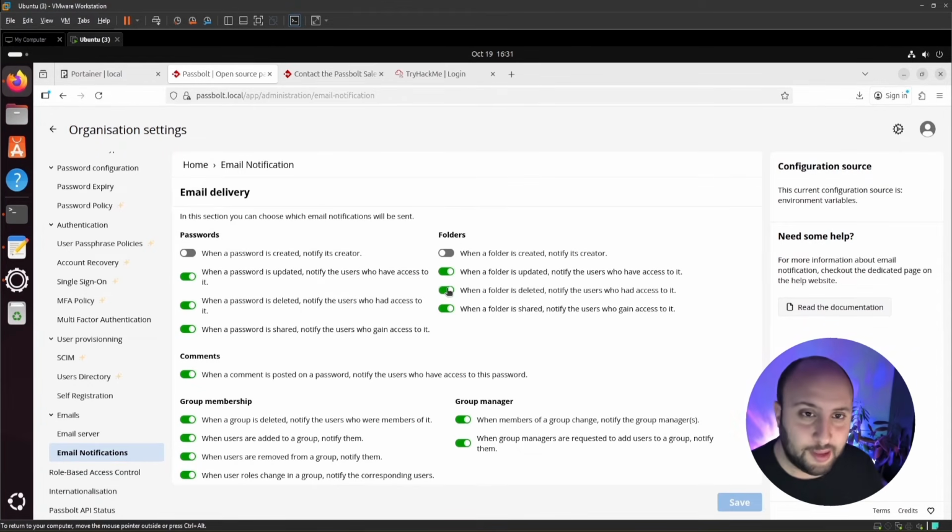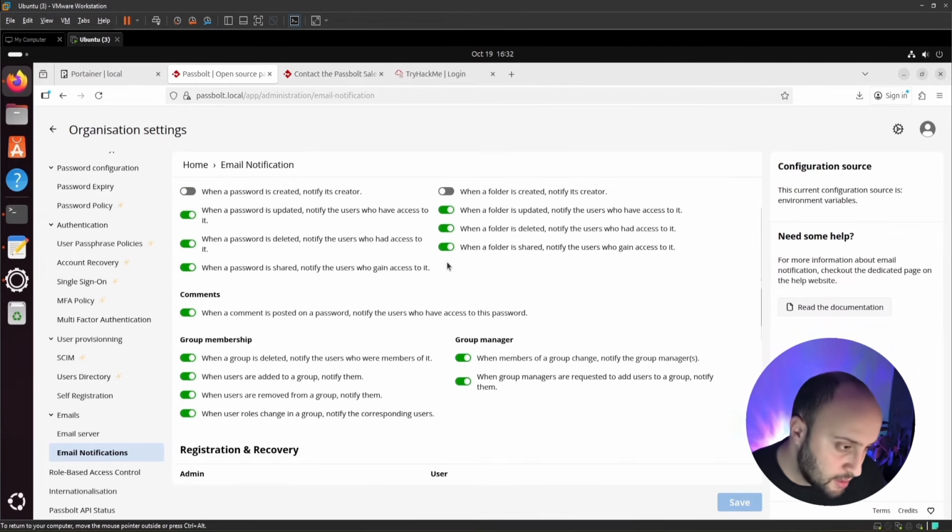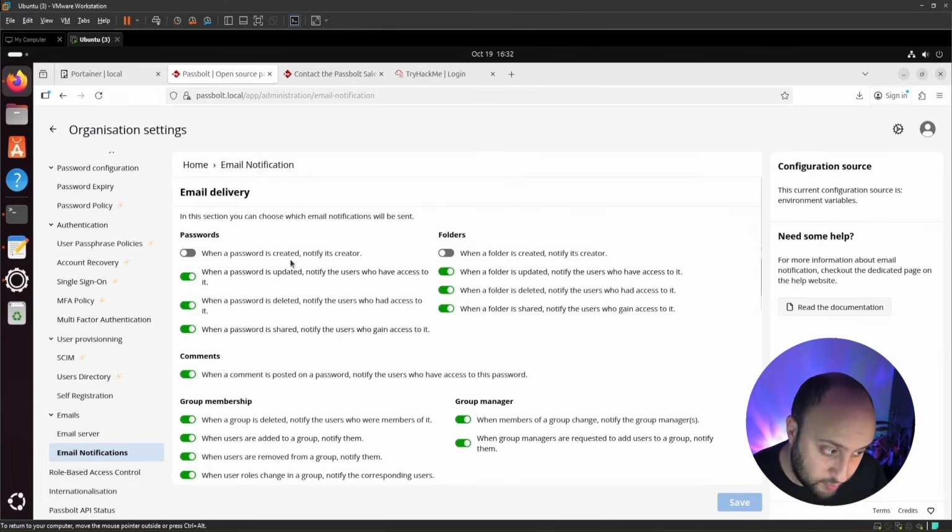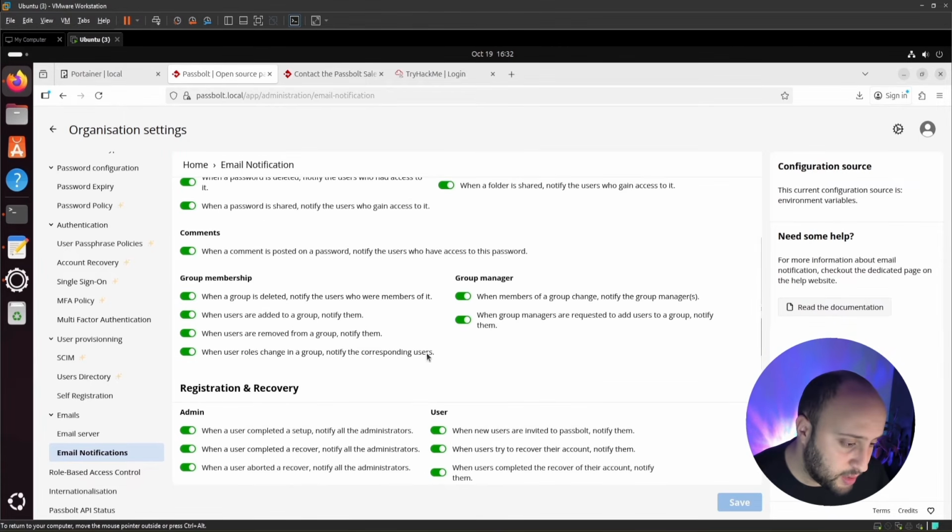Basically, the email server is going to send you each update that happens on Passbolt and many other things. So here, for example, when a password is created, it's going to notify you. When a password is updated, deleted or shared, it's going to notify you. So it shares everything with you about the password. Even about the folders: when a folder is updated, when a folder is deleted, or shared. So it's going to give you basically a vision, a kind of monitoring, of everything that happens in Passbolt. You have here even when a group manager or a member of a group changes,